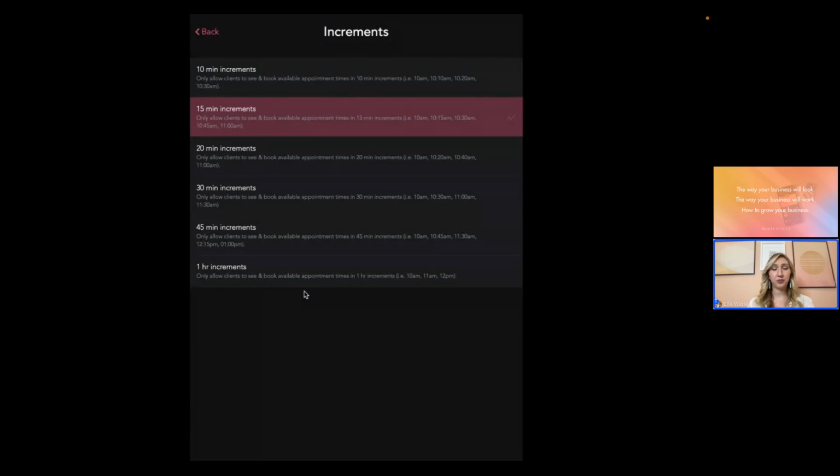of the hour. Alternatively, if you are someone maybe that does facial waxing or hair removal, some of these smaller increments might be more helpful for you because you don't need a full 30-minute block to be able to complete that appointment and want to set up for the next. If these apply for you, you could certainly choose whatever increment works best for your service menu and customize that